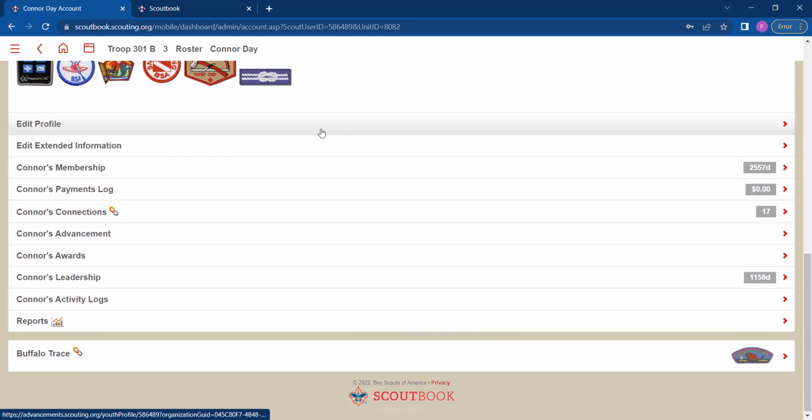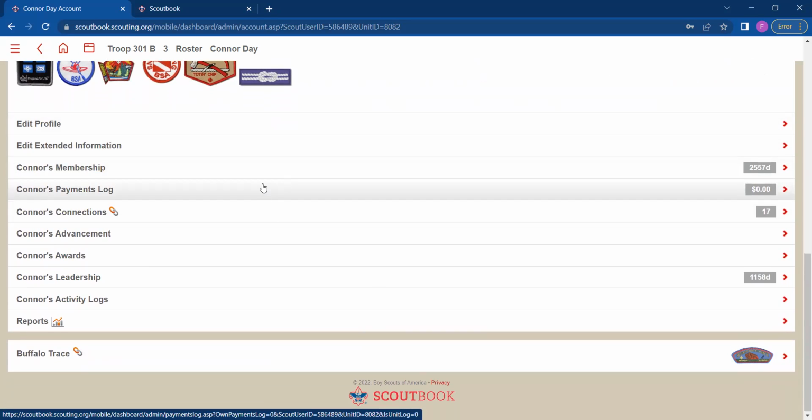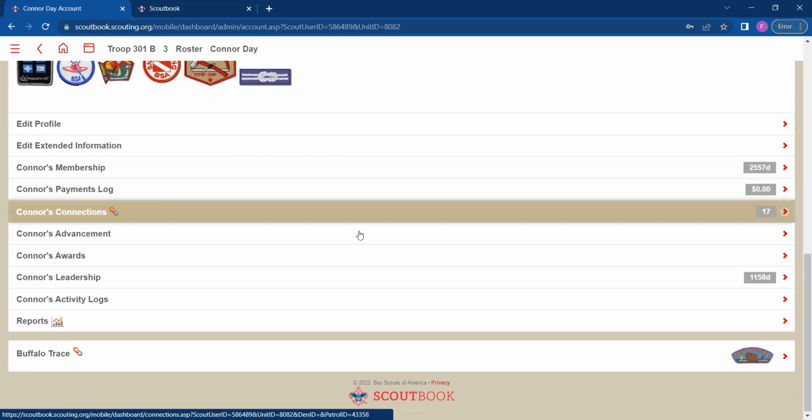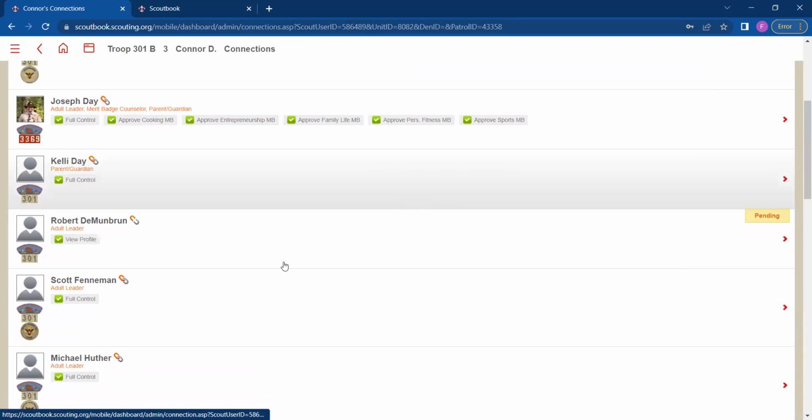So you still have the same thing here with the edit profile, Connor's membership, Connor's payment logs. You can keep track of payments here. Our treasurer does not. On the connection side of it, it does show you can go through and see who all's connected to